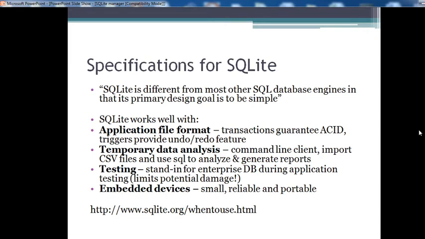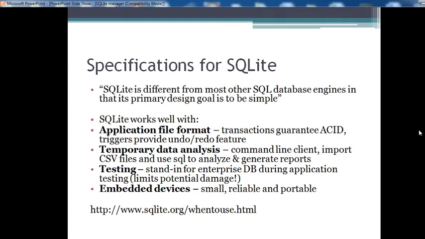Temporary data analysis. The command line client can import CSV files and use SQL to analyze and generate reports. Then testing: SQLite can stand in for an enterprise database during application testing, which limits potential damage. Embedded devices: SQLite is small, reliable and portable.